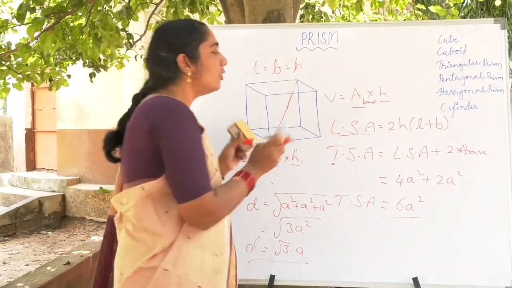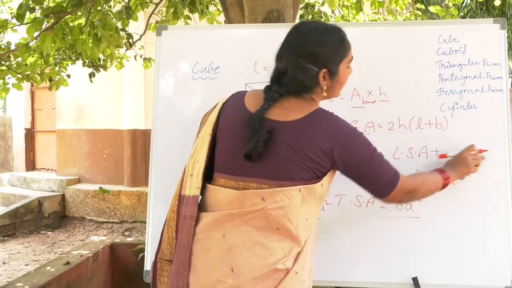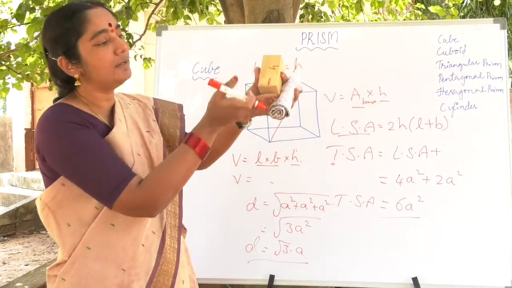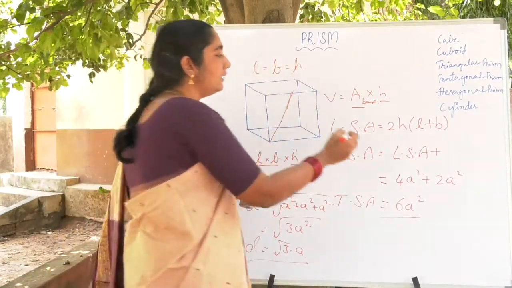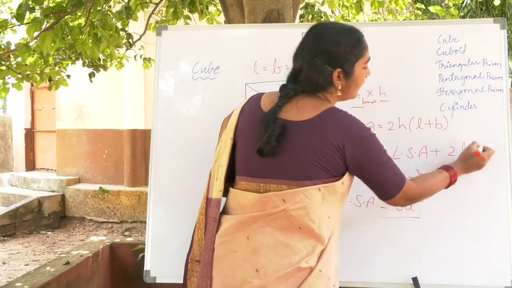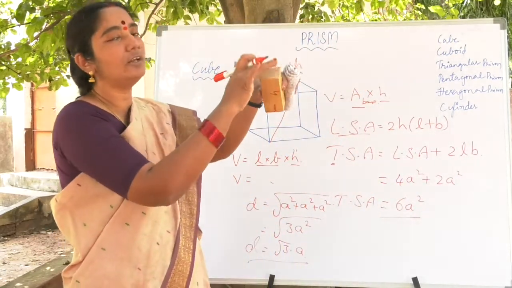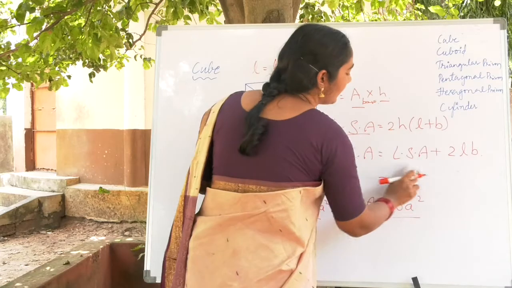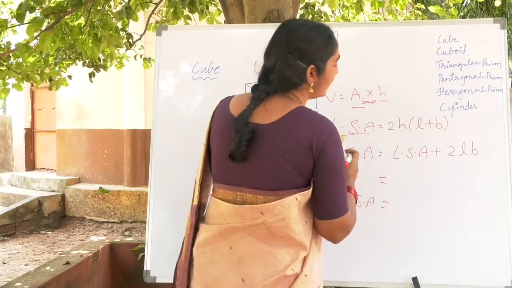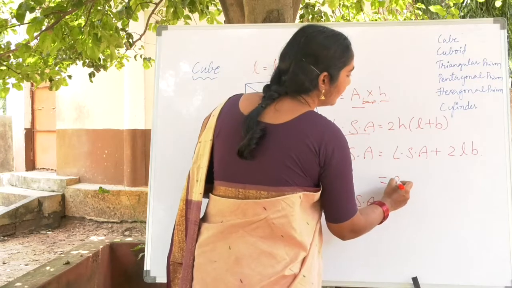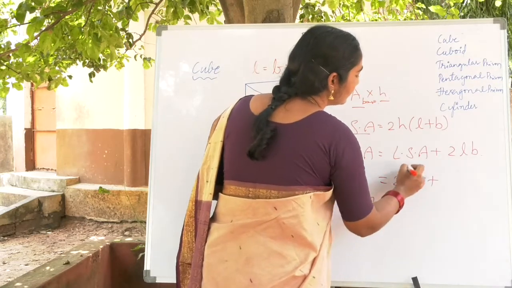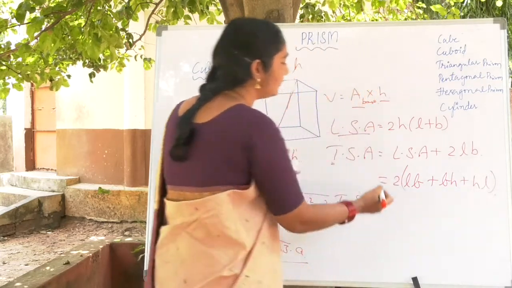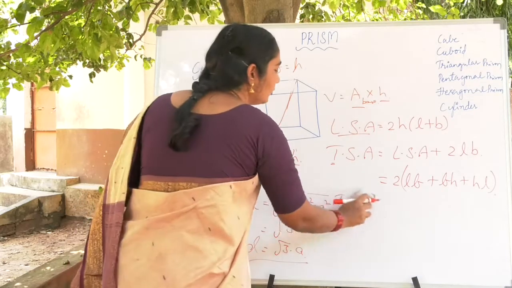So my dear friends, now the total surface area is nothing but equal to the lateral surface area, the same thing as above, plus the area of this base and this base, both the bases, means 2 into L into B. 2 into L into B is the area of this base and also this base. So 2 times we are taking the area. So if you just open the bracket, the total surface area is 2 into L into B plus B into H plus H into L. So now we are getting the total surface area.